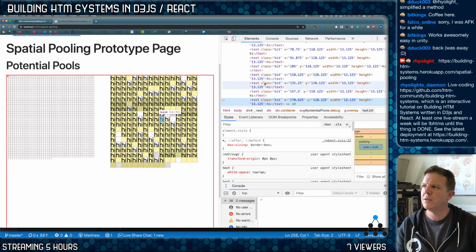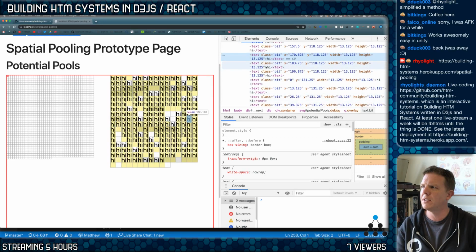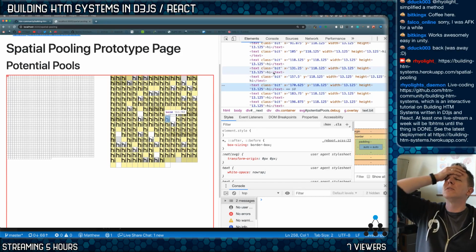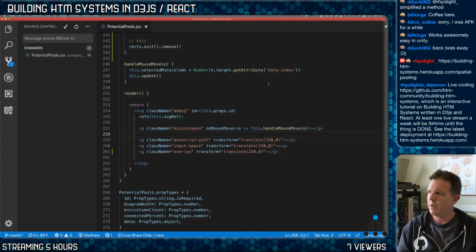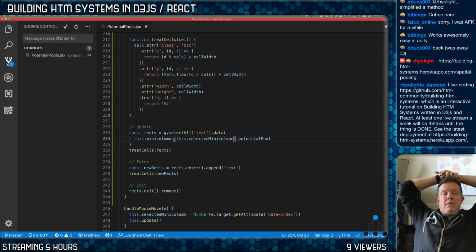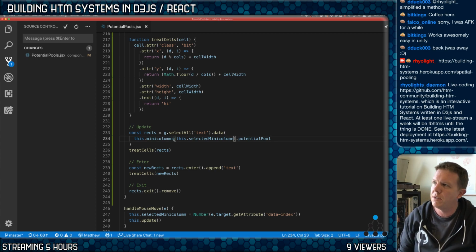I expected there to be text in every box, and there's not text in every box. Why not? There's not text in every box. Oh, I know why. Okay. Because the data that I'm sending it is this. That's not what I need to be sending it. Okay, so now I need to decide how I'm going to create this data object and what's going to be in it. Basically, what I want in it is